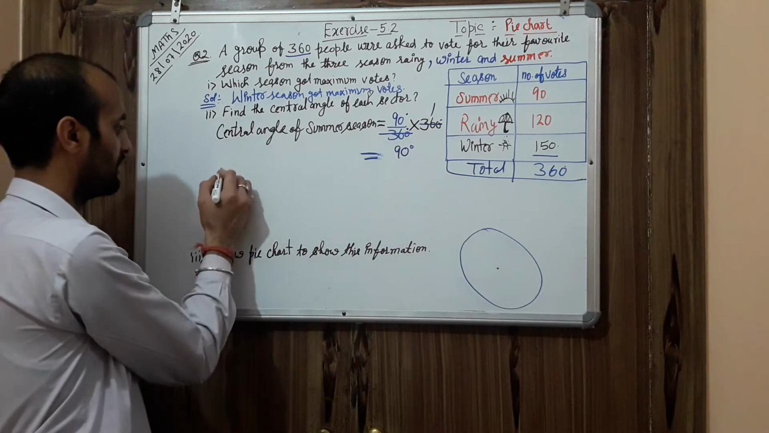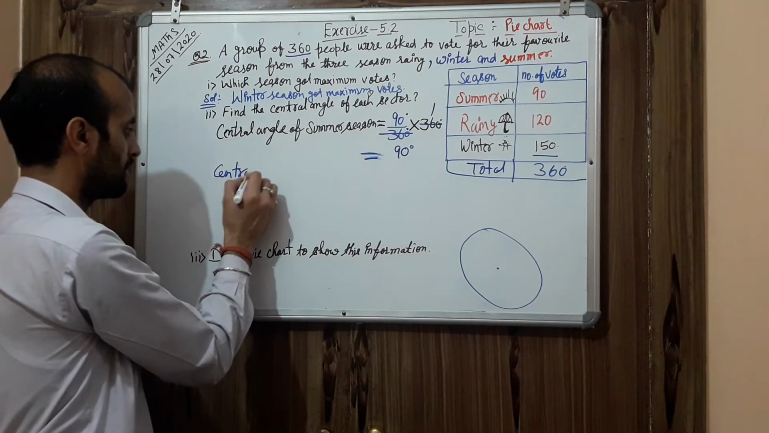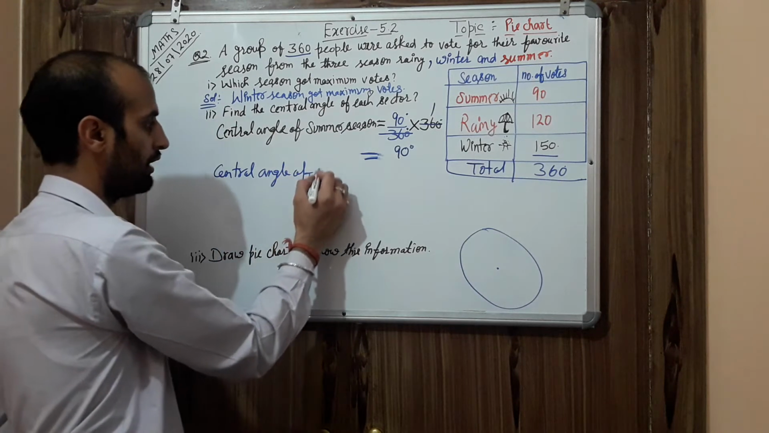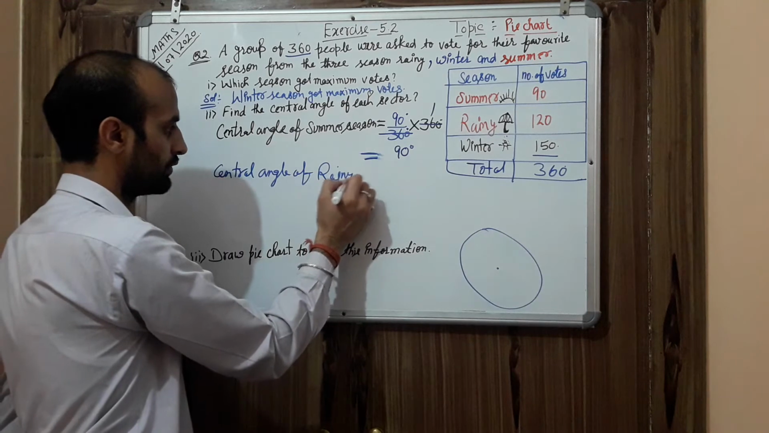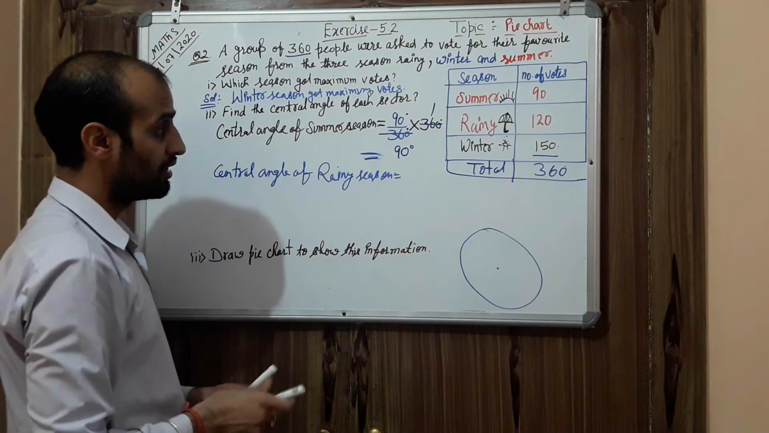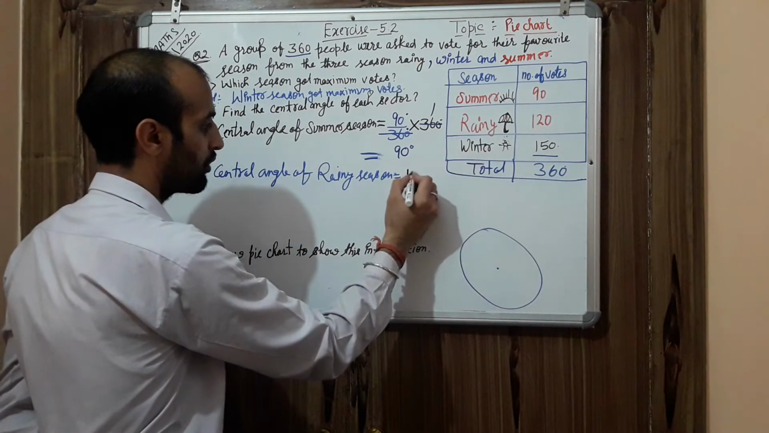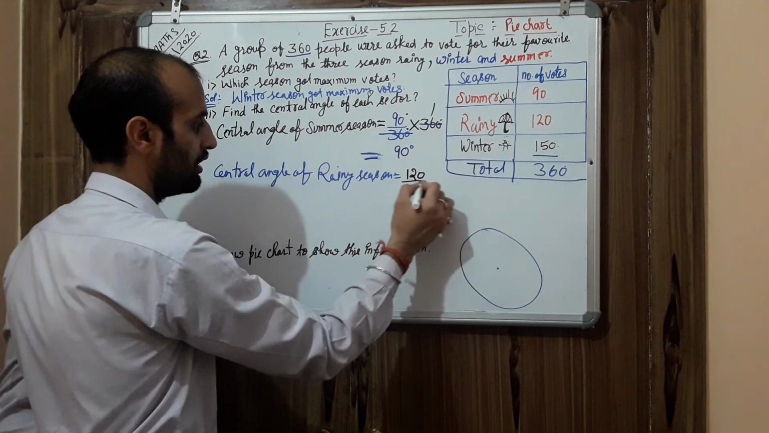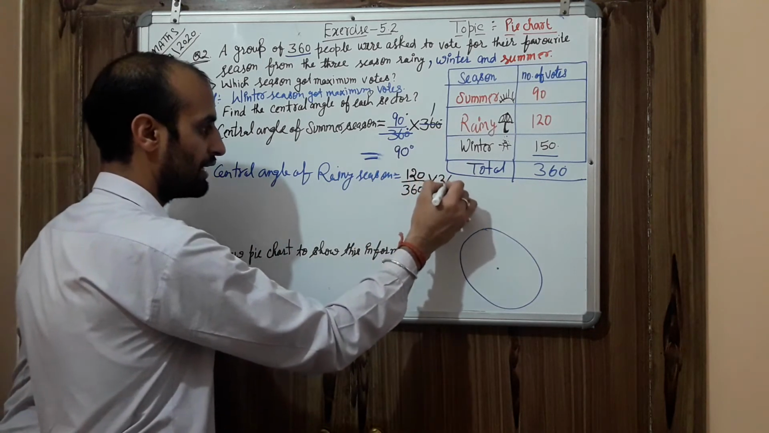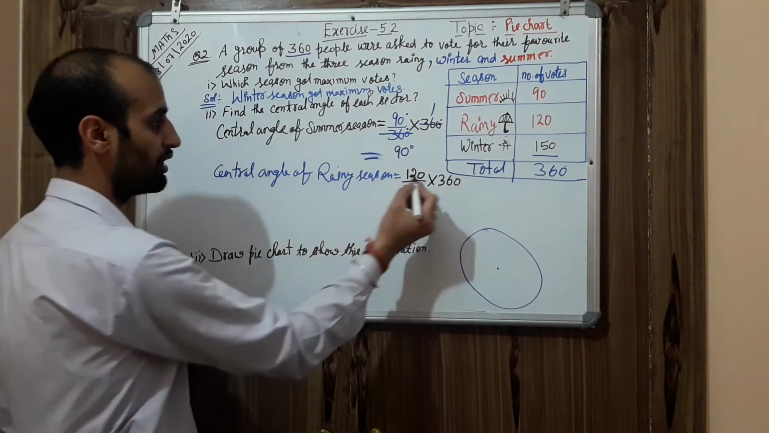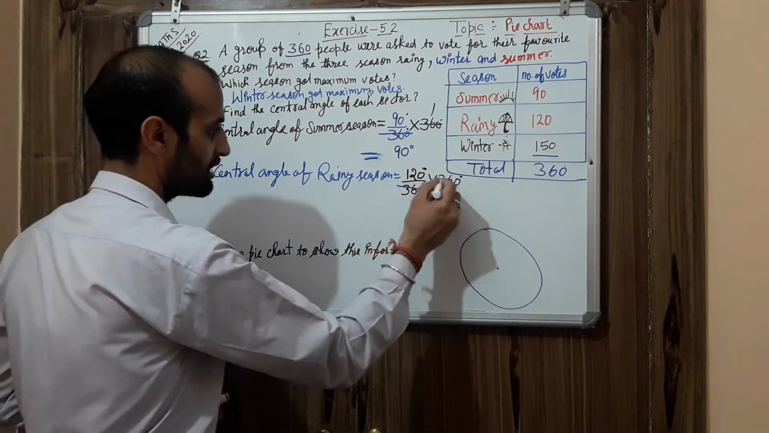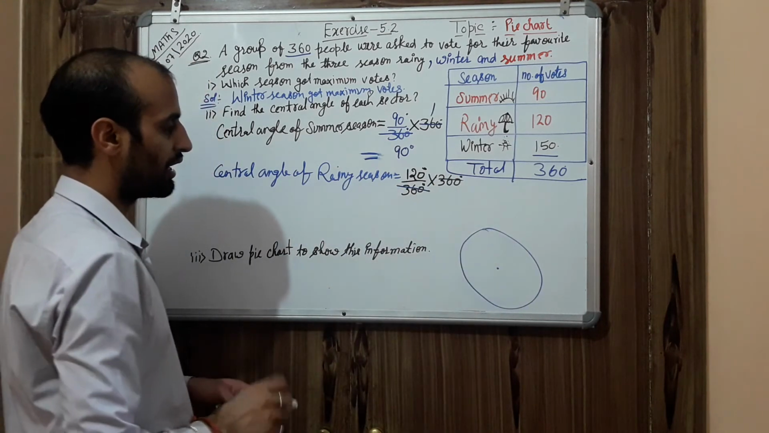Now second angle, that is central angle of rainy season. For rainy season, now once again see what is the total voting for rainy. It is 120. Total is 360. Now angle of circle, that is 360. Now put degree over every number. Now cancel out once again. So let's see, 360 1 360. So our answer become